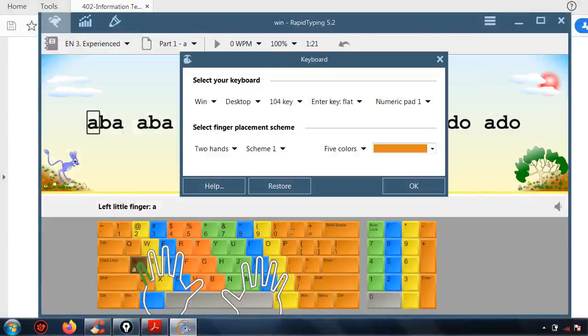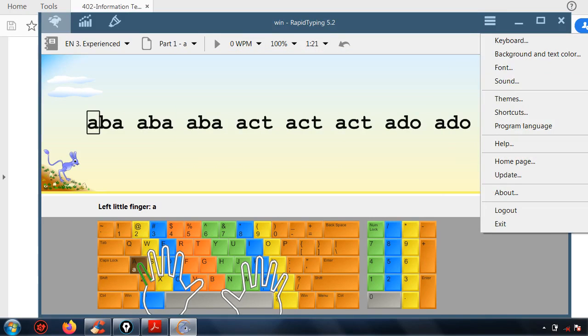And like this, if I click on keyboard, then I can say what kind of keyboard I want to practice on. The basic keyboard is the 104 keys keyboard, right? This QWERTY keyboard, we generally call it QWERTY keyboard, which is the most common keyboard, right?